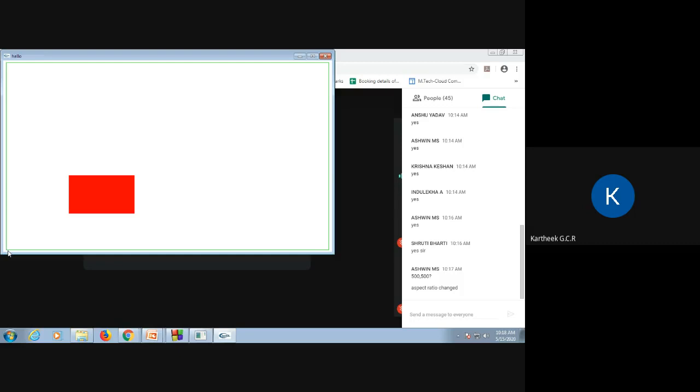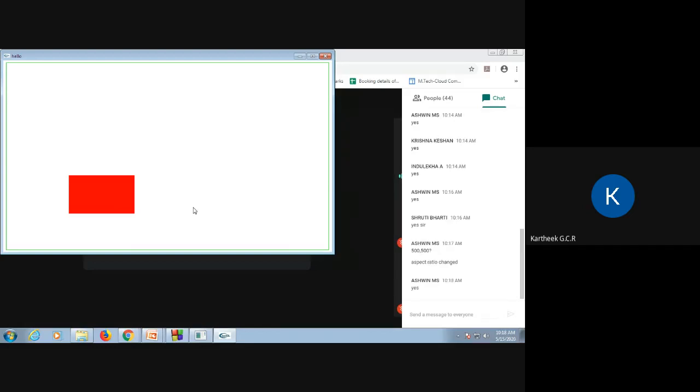Still your WW and WH value is 500, right? So if you see here, this is the 500. Your viewing volume is mapped to a bigger display window. That's the reason you're seeing a square as a rectangle. I hope you guys understood this.